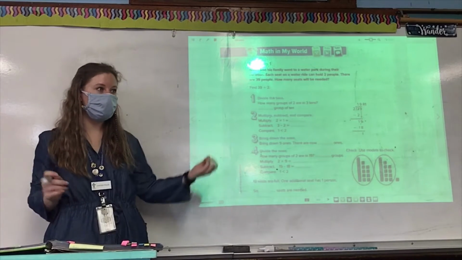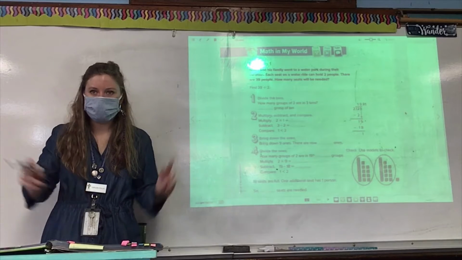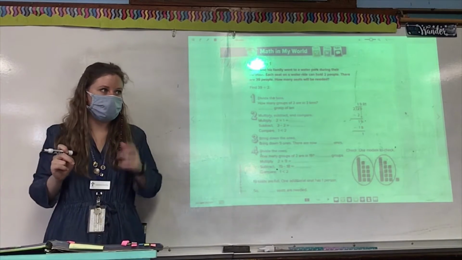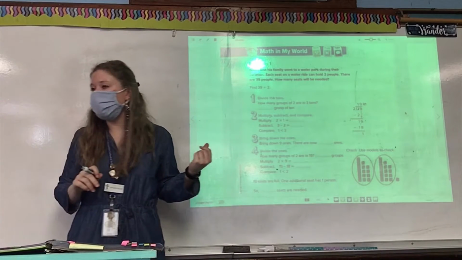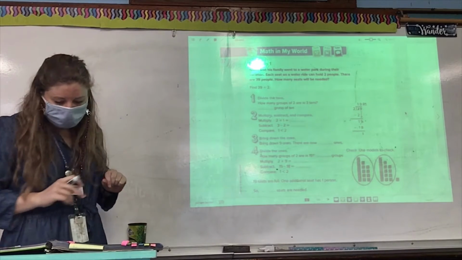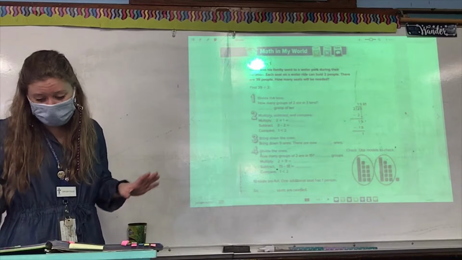The paper and pencil way. Sometimes we call this the algorithmic way. It's just a fancy word that means working it out with paper and pencil. Quickly, Victoria. Okay, so before we begin,